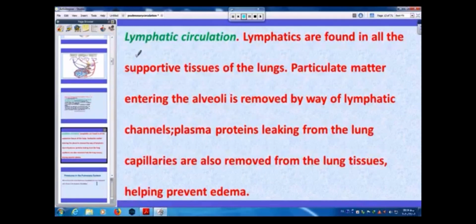We have the lymphatic circulation in the lung as well. Lymphatics are found in all of the supporting tissue of the lungs. Particulate matter entering the alveoli is removed by the way